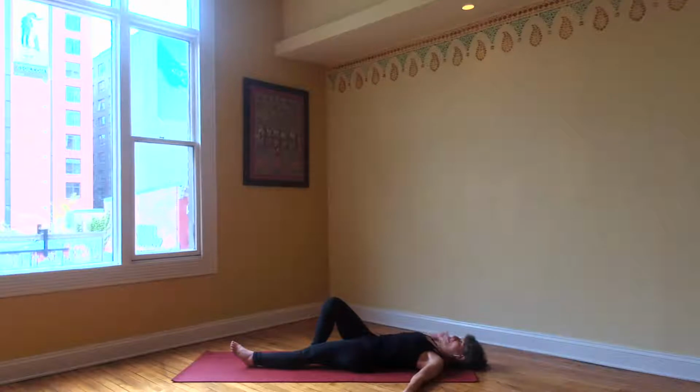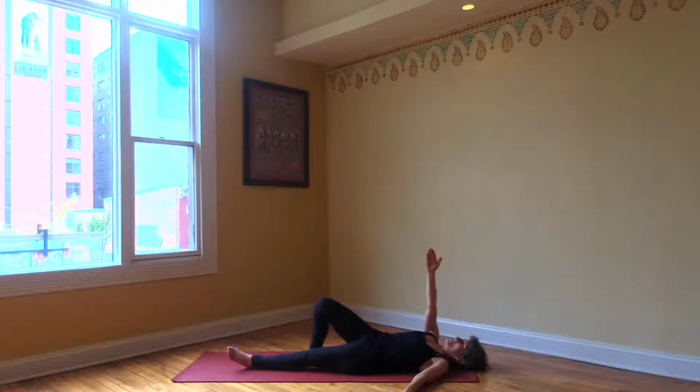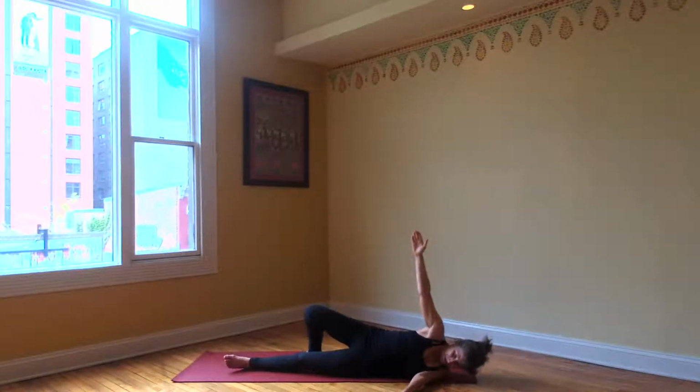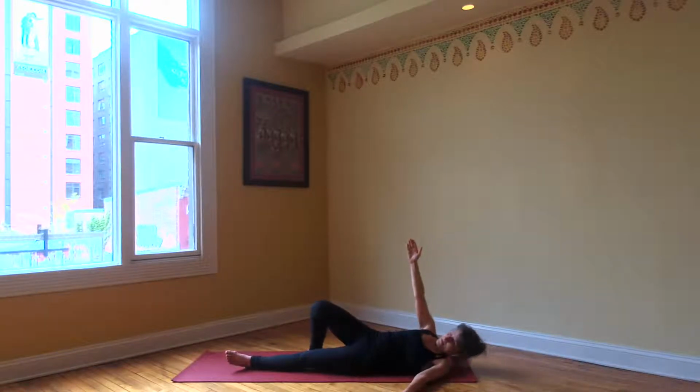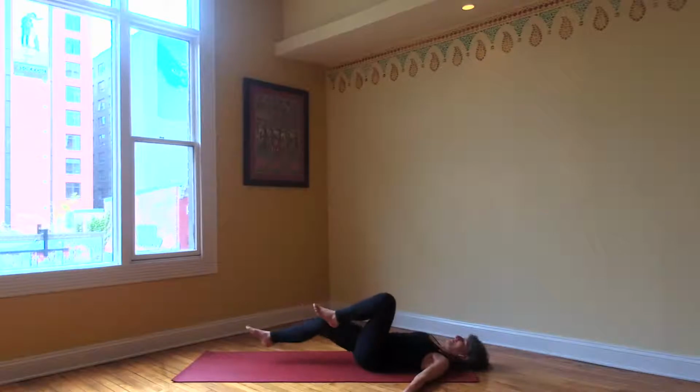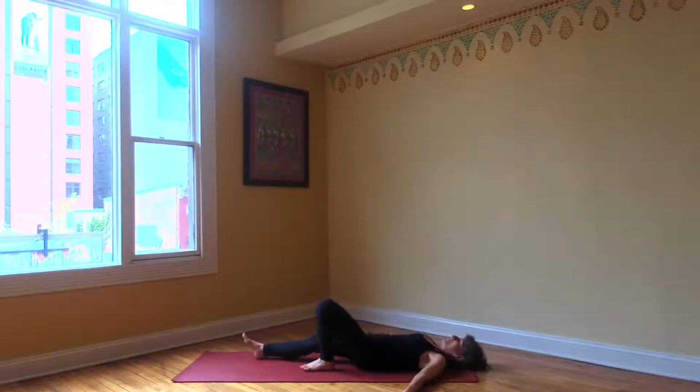Okay, now we're going to reach right arm up for the ceiling. The plan is to keep the hands straight up the whole time as we're doing this movement. As you exhale, press into the right heel, keep the right knee pointing towards the ceiling, and roll towards your left arm. Then roll back down, and we'll switch legs, bringing left foot to the mat, right hand out to